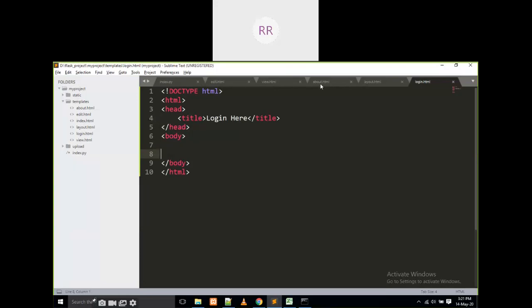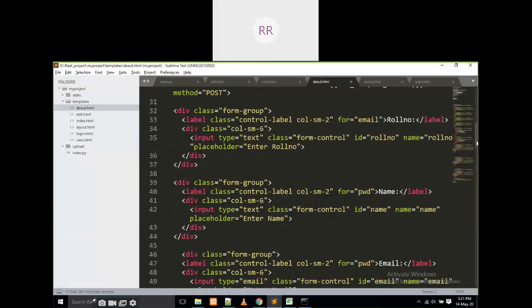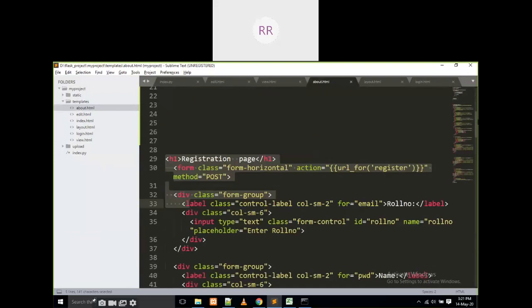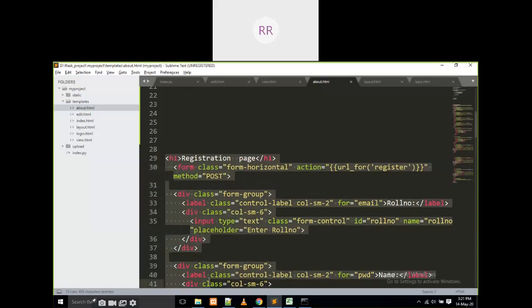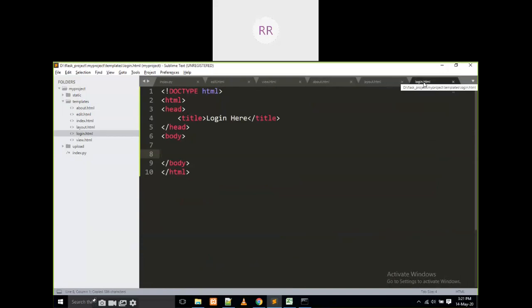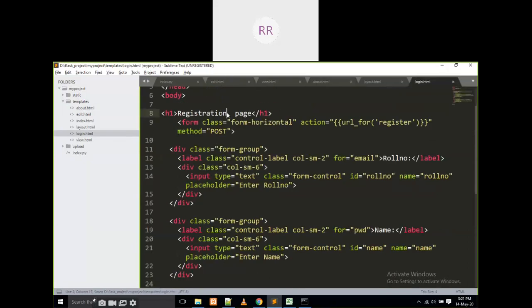For example, I am going to copy something, just two fields, without writing that code. I am going to write here login page like this. Want to design it? No problem for me. First of all, this is username, and this is not roll number, it is uname.